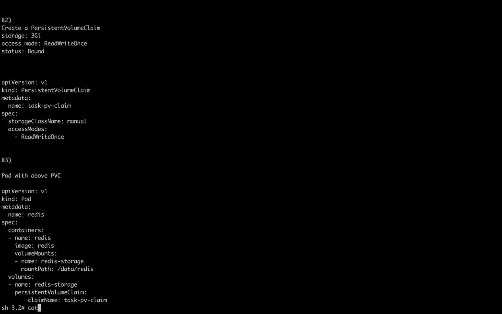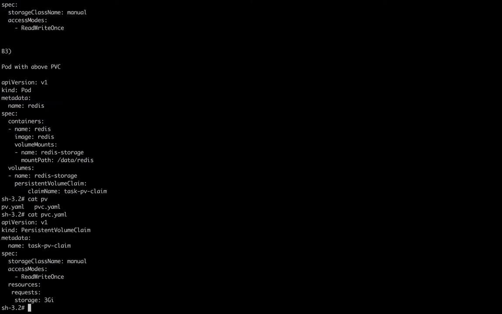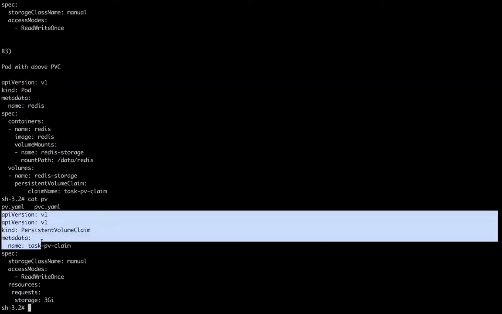While creating a PVC, we need to add the resources as well, because we didn't add any storage class on the PV. Don't get confused, just forget about the storage class here. We need to add this syntax: access mode and resources, and how much space we need in the PVC. So this is the manifest file for the PVC.